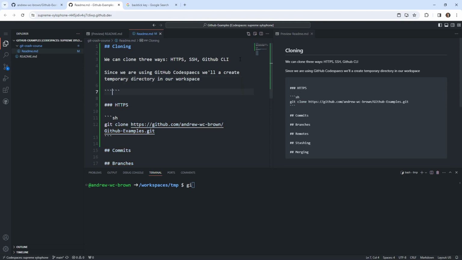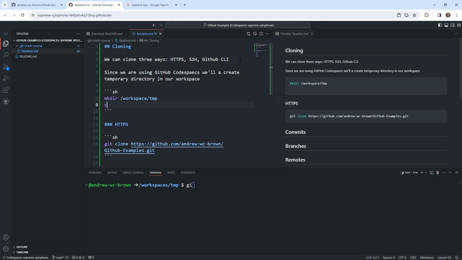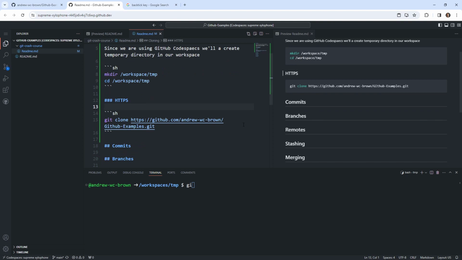So that's going to be, SH stands for bash. I mean, it's not exact, it's shell or whatever, but it's pretty close to it. And so what we did there is we typed in mkdir /workspace/tmp, and then we're doing cd workspace/tmp, okay? And then the next thing we want to do is clone this repo, so I'm going to go ahead and